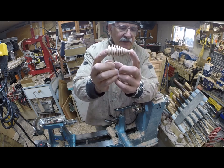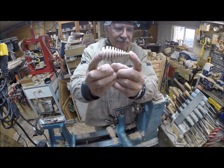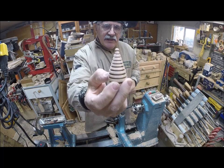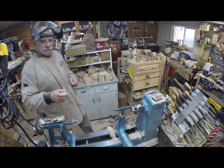So I like this one. It's got a little bit of a tapered trunk. You can see it in between the divisions there. I'm going to flatten off the little sides to that little top on there, and hopefully that'll look like a star. I'll just give that a...